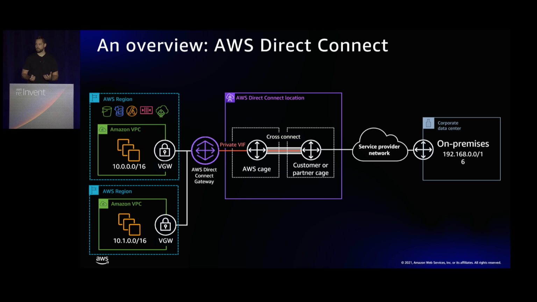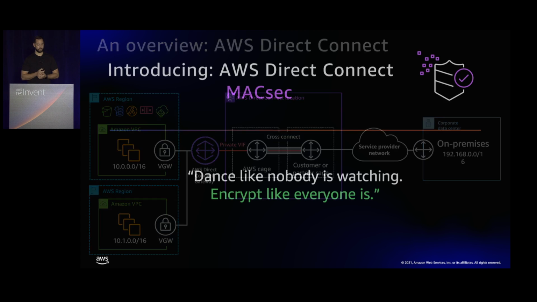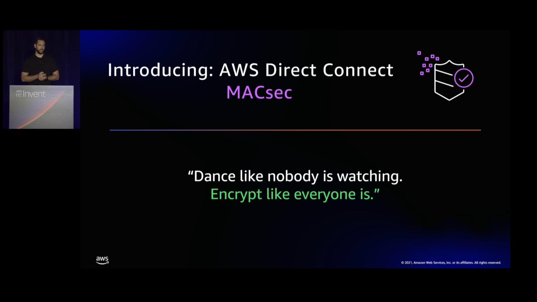So with Direct Connect, there's this concept of having a Direct Connect POP location homed to a region. And that's where you could send a private VIF and connect to private VPCs. With Direct Connect Gateway, you plug into the Direct Connect Gateway, you on-ramp onto our backbone, and then you can connect to other regions as well. And you actually don't trombone through the local region. So you're going to use a fast path or our on-ramp and network to connect to other regions as well. So that's Direct Connect, really quick overview.